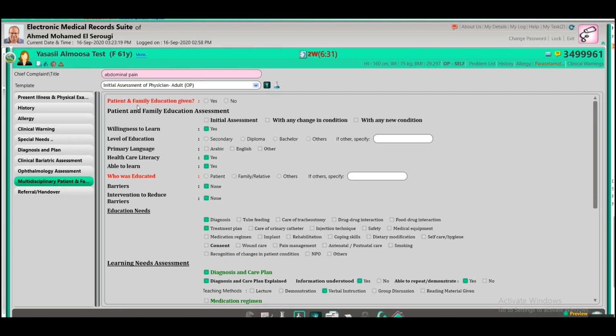You will start here: patient and family education given, yes or no. Patient initial, as this is the initial visit of the patient, we need to select initial. The willingness of the patient is auto clicked as yes. Level of education, so here we will ask the patient and we will level the education of the patient based on her